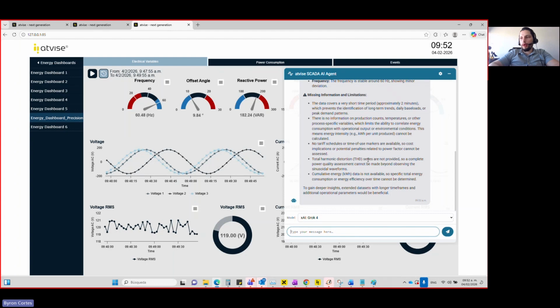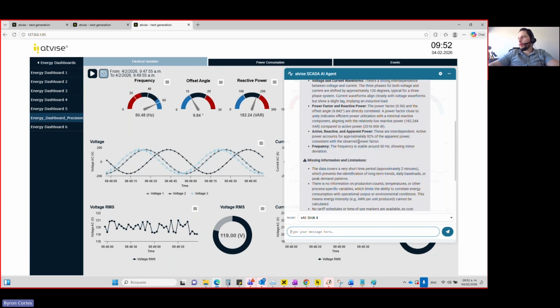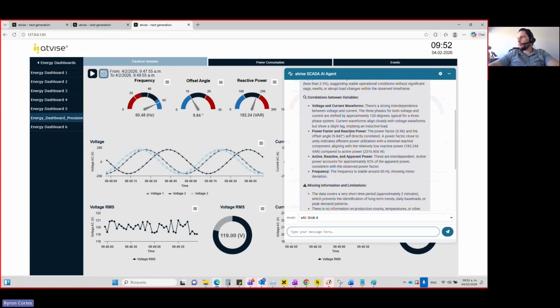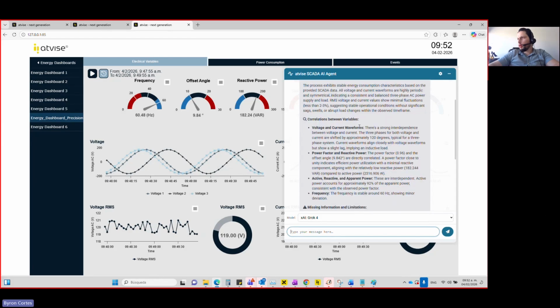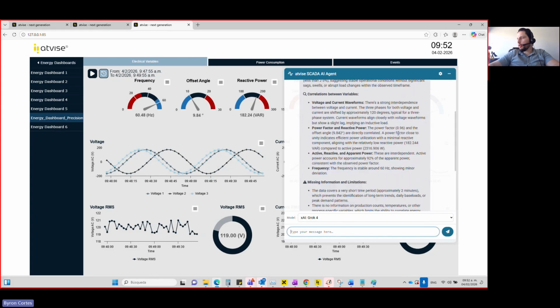And oh yeah, we got the answer. So here is a summary. For example, here we have: the process exhibits stable energy consumption characteristics based on the provided SCADA data. All voltage and current waveforms are highly periodic and symmetrical, indicating consistent balanced AC power. Here is the correlation. Actually, there is some interdependence between voltage and current. The three phases for both voltage and current are shifted approximately 120 degrees, typical for three-phase systems.